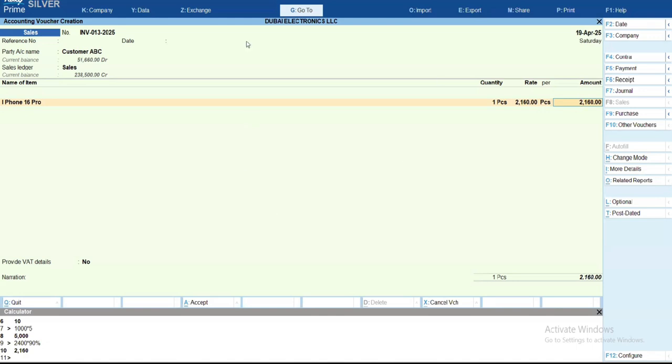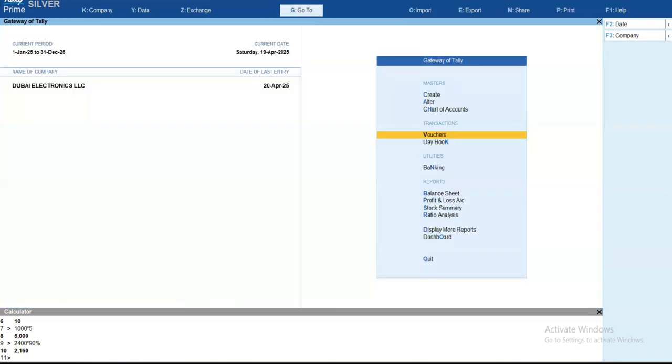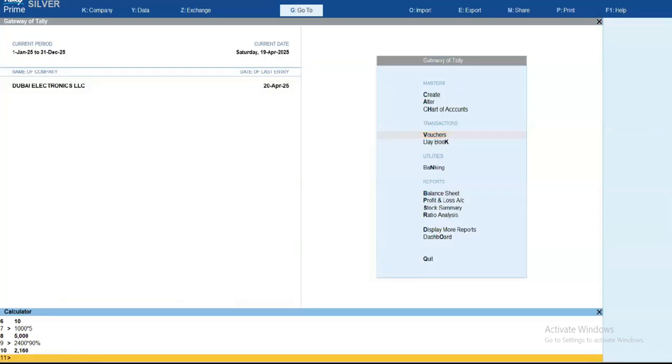Not only for calculation. This is, I believe, something 90% of people don't know, but we can also chat with Tally. Let's say, for example, you just send hi, you'll get the reply hello. You can ask the balance or something. Let's say balance of cash. Okay. Once you enter, you will get the reply with whatever closing balance you are having